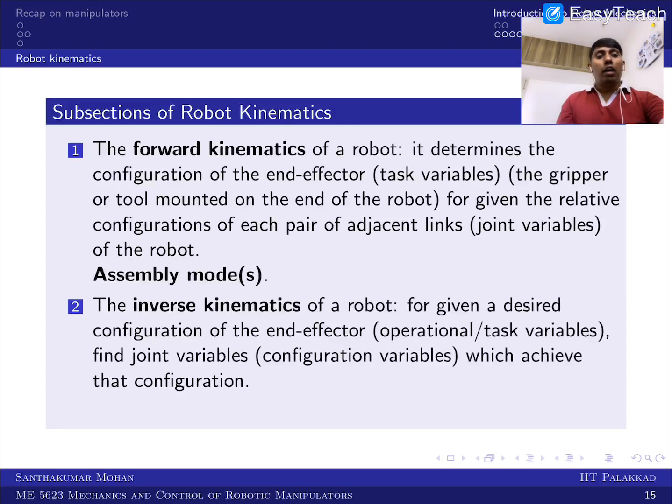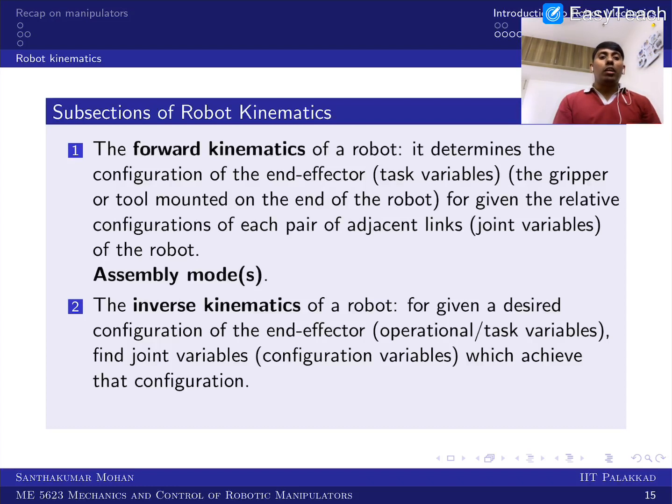Okay. So now we'll go to the other side. The inverse kinematics is for a given desired configuration of the end effector. In the sense, I want to locate this pen like this. So how can I arrange my arm in such a way that it would be rotated? Now you can see that there are several possibilities for arranging my arm. I can put it like this, like this. I am actually like a mobile manipulator. I can move around, and still I can keep this point, right?